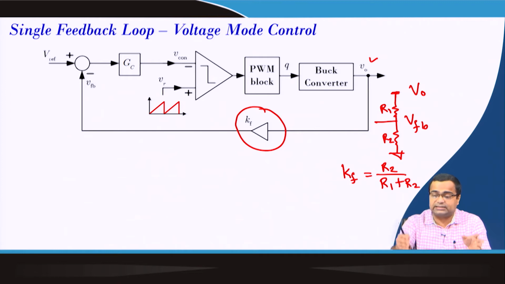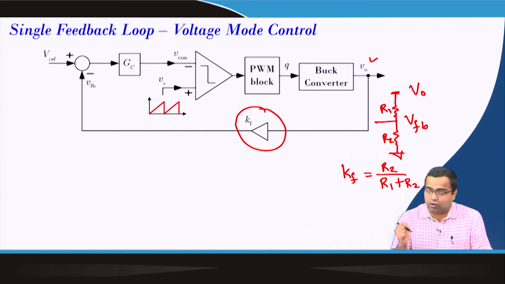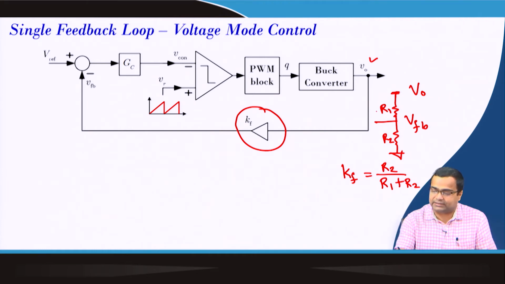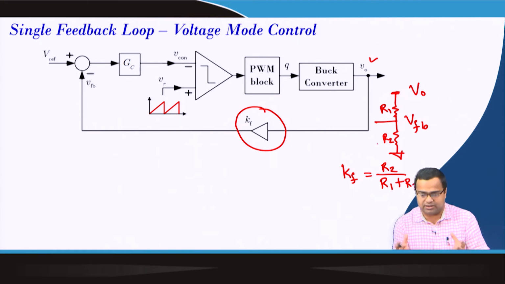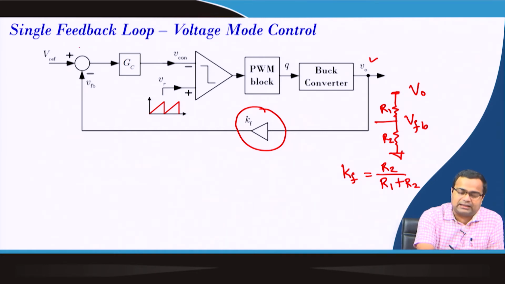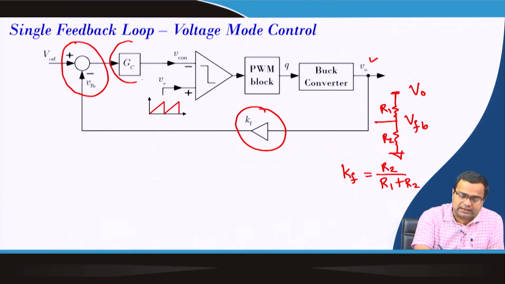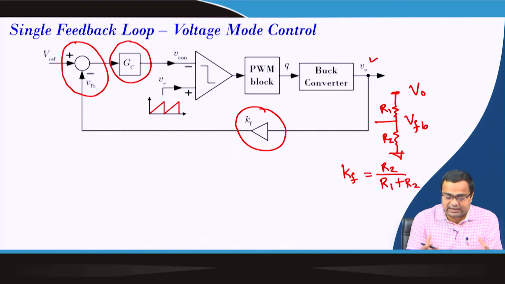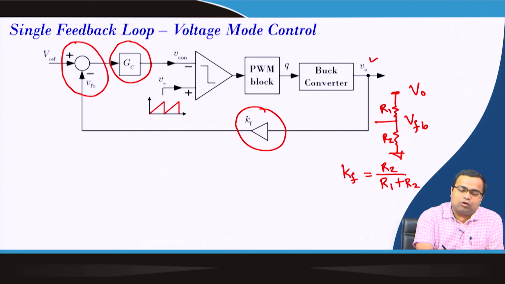That means this resistance value should be much higher than the load resistance of the buck converter, the DC-DC converter. Also, in many cases we need to match the impedance. So, you can put a unity gain buffer for the impedance matching, and then we take the feedback voltage, and this is where the error amplifier comes. In fact, the compensator in an integrated circuit, or even an op amp, the whole thing can be implemented using a single op amp.